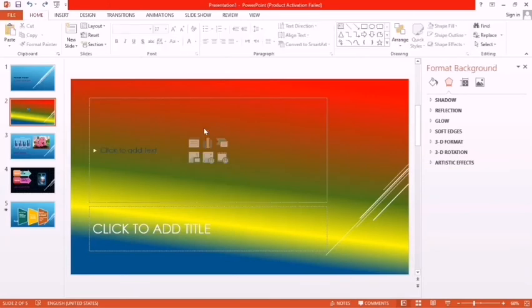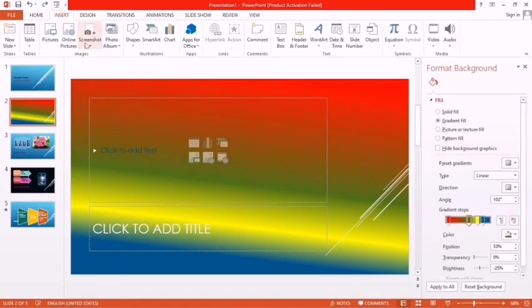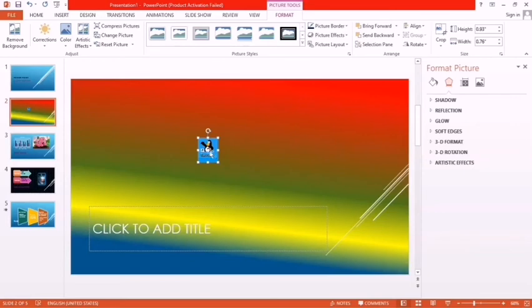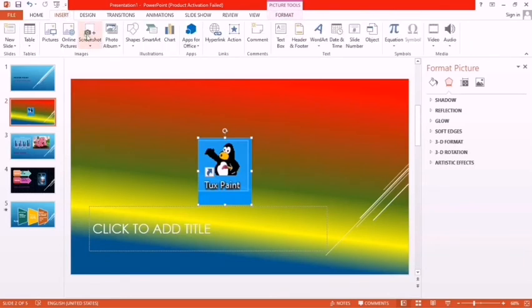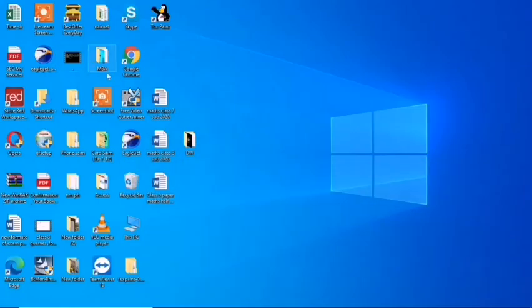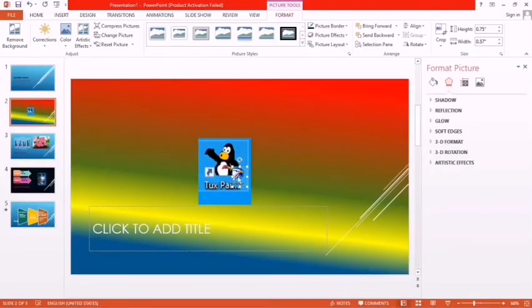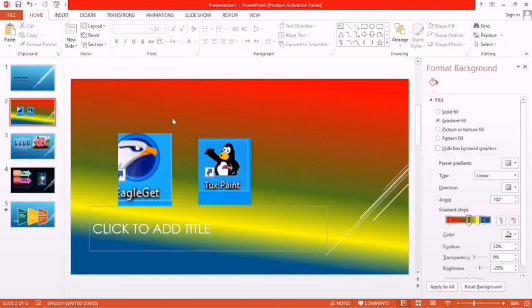I again select this one, Insert, Screenshot, Screen Clipping, and when the plus sign appears, select this one. Okay, so this should appear here. Now you can increase the size of this one. If you want to insert any other, again click Screenshot, like this eagle. So this will appear here. You can increase or decrease the size of this one. Okay, so in this way you can insert a screenshot.